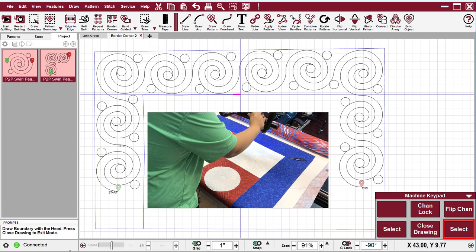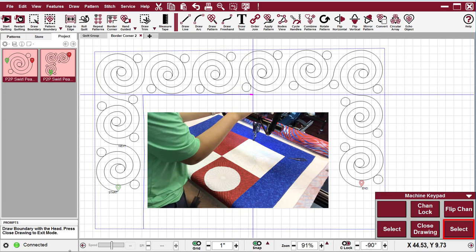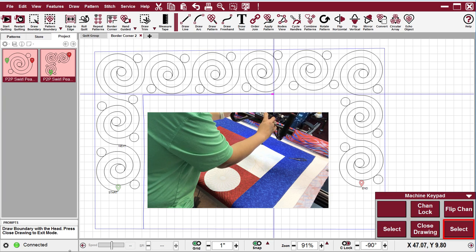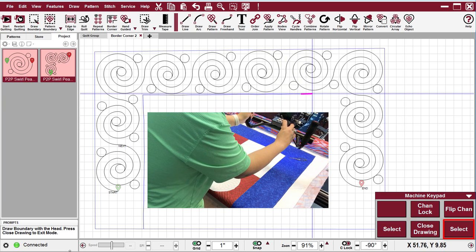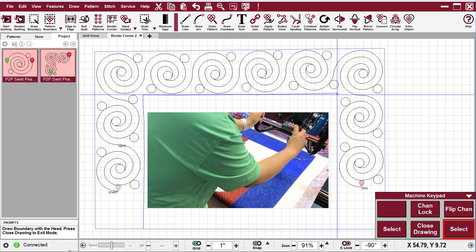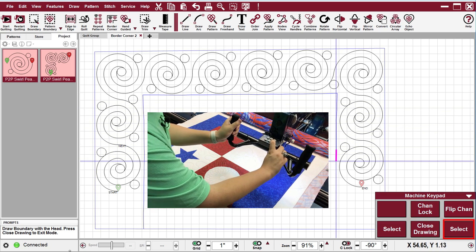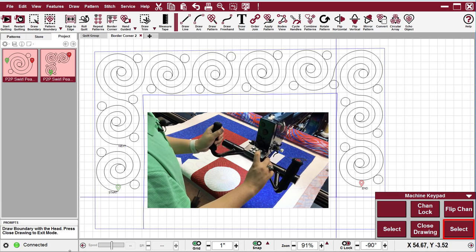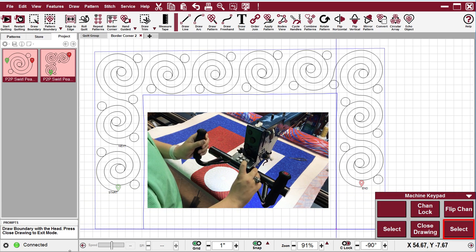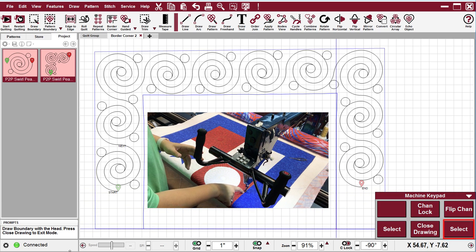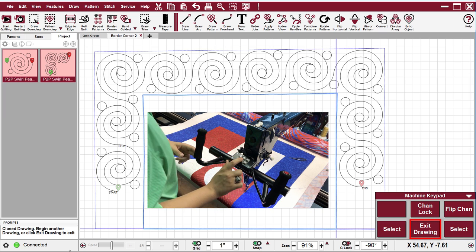And they don't have to be super close together unless the piecing is really bad, okay? But I'm just following these, making clicks as I go, staying on that seam line. And once I get down here to my lower right corner, I'm just going to hit close drawing and exit